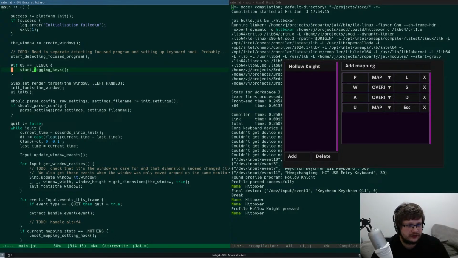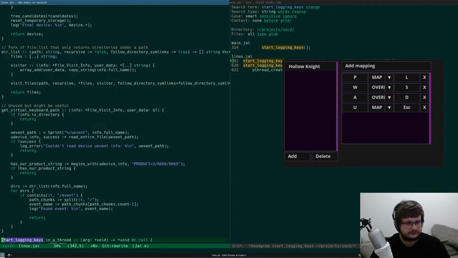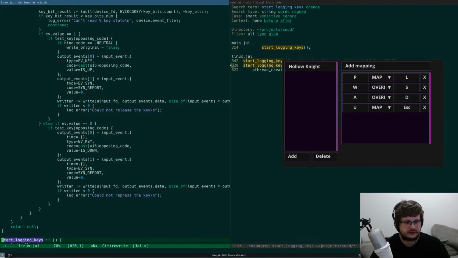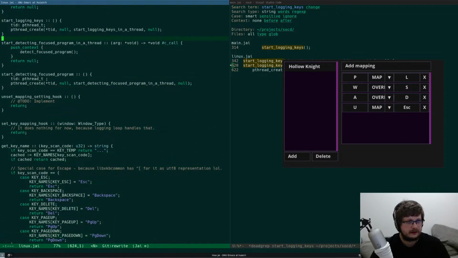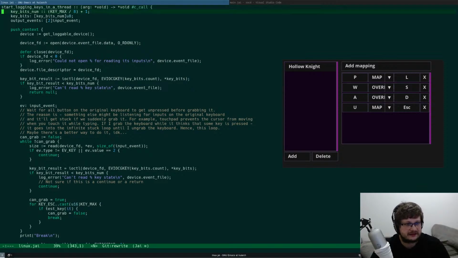And what does start logging keys do? Well, it creates a thread, and it does actually quite a lot. First, you can notice that it is a call procedure, because it's getting called by a pthread,